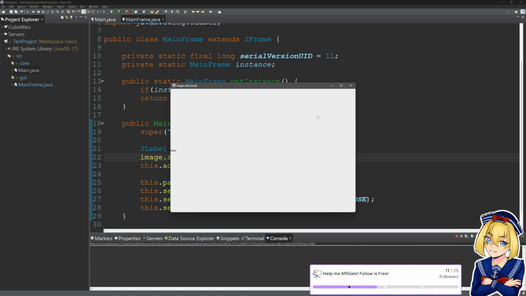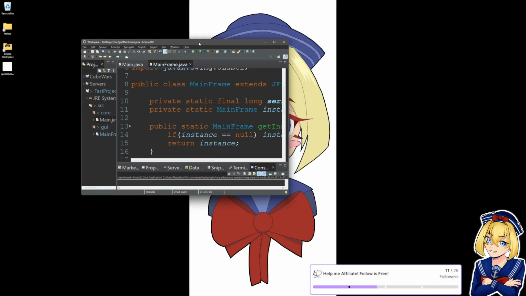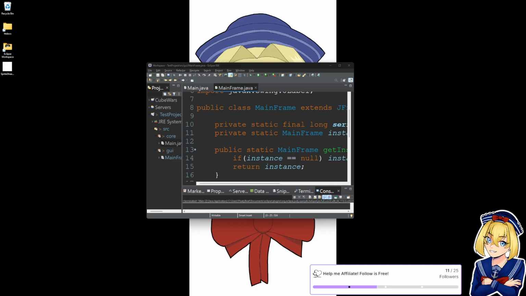So we have some text here. Text isn't really the objective of today, it's images, right? Well, in order to have an image, we need to be able to load it into memory. So there's two different ways that I can think of doing this. One is we're going to go get my image again, and we are going to put it on our desktop so we know where it is.